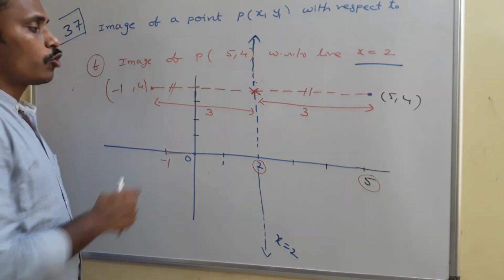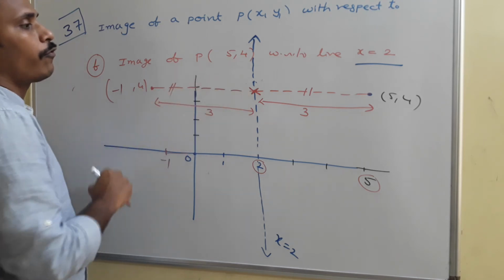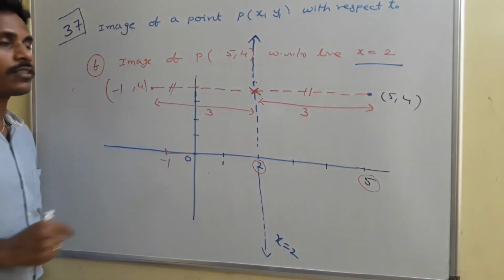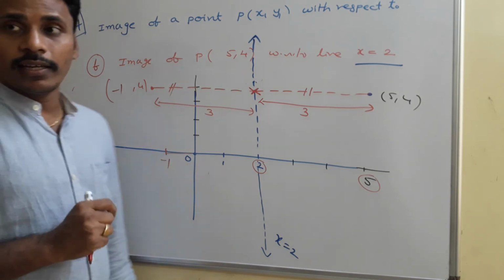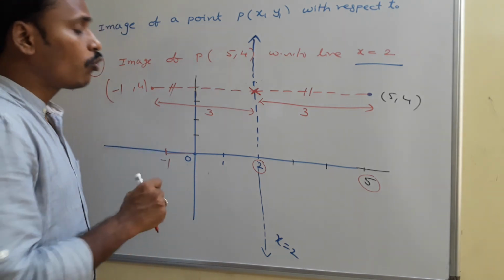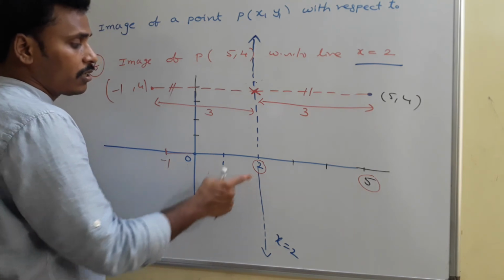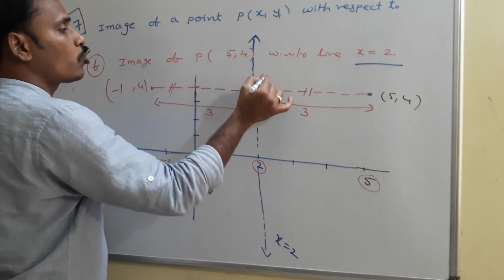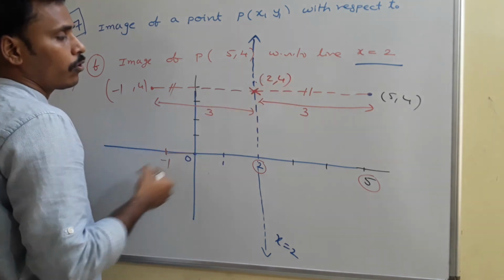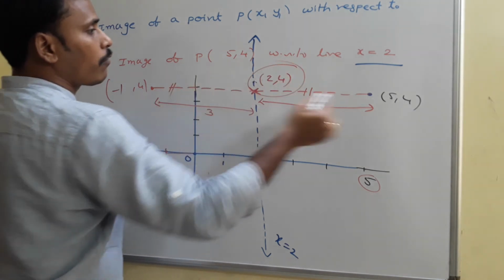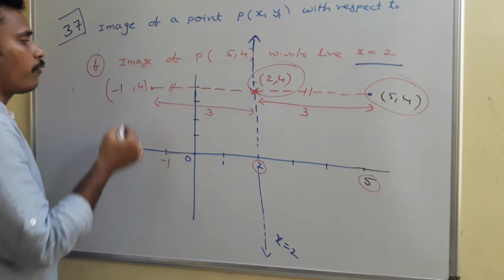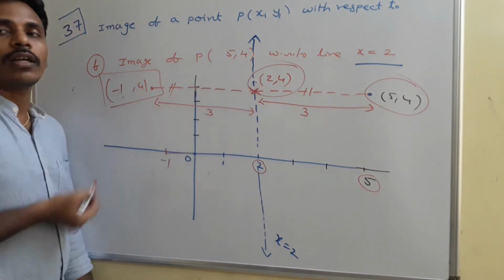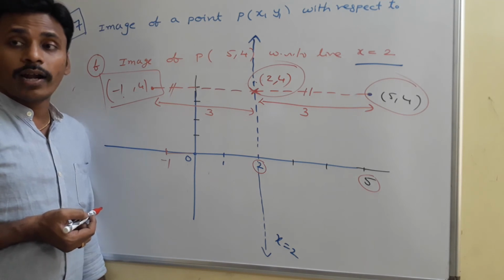Is it right? Just think from this point to this 5 comma 4. See, this 2 comma 4 and 5 comma 4 both are the same. Is it clear? The other way, you can think in another direction. See, this is 2 and this is 5 comma 4, and there is a chance to locate this point as 2 comma 4. Since this point is 2 comma 4, this point is 5 comma 4, use the midpoint formula to find this minus 1 comma 4. Is it clear what I am saying?